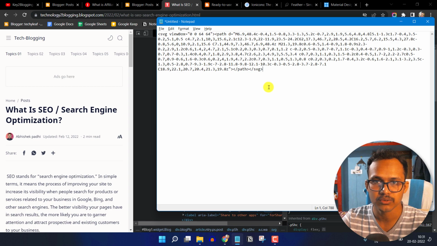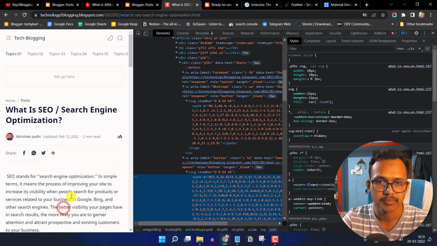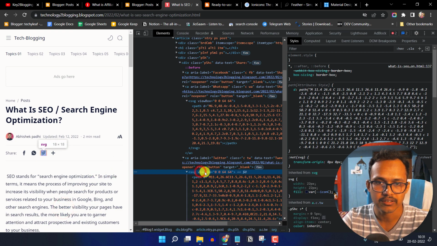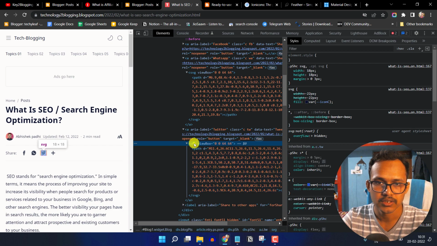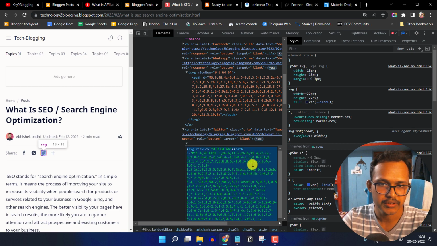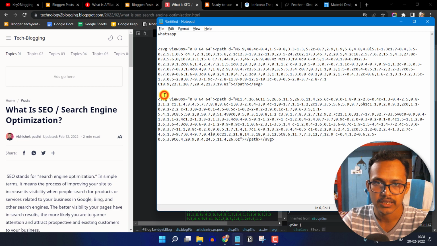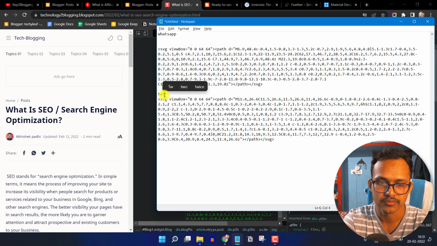So this is the SVG code of WhatsApp. So let me just name it so I can use it at a time. So I will name it like WhatsApp. Now let me just copy the SVG code of Twitter. So I will right click on inspect element and then I will click on the whole SVG. Now I will click on edit as HTML and I will copy the whole code and I will paste it in the notepad, and I can write it like Twitter.